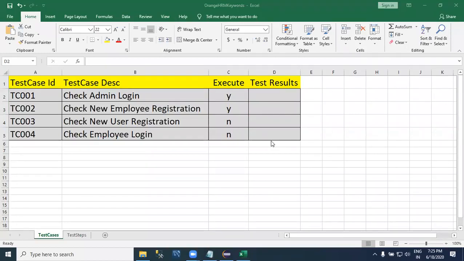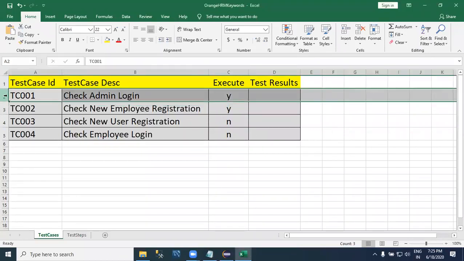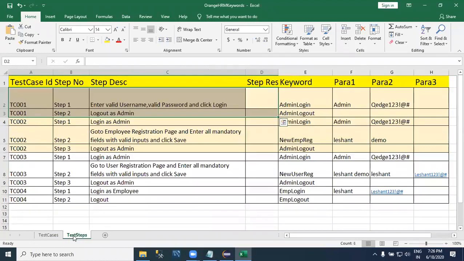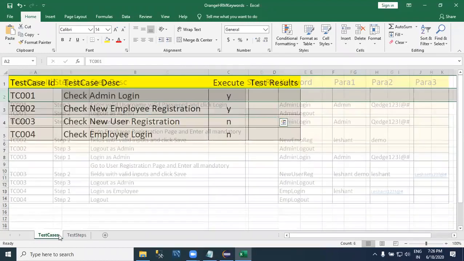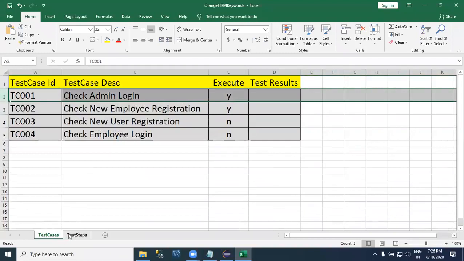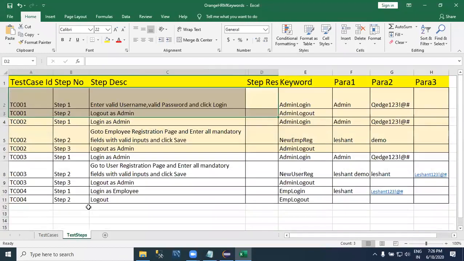Then every test case will have the steps, right? Step 1, step 2, step 3, test procedure. You observe in the Excel file, I have another sheet here, test steps, second sheet. Test cases are available in the first sheet, test procedure steps are available in the second sheet. And here,